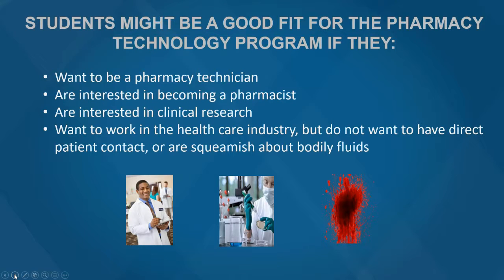So students might be a good fit for the pharmacy technology program if they would like to be a pharmacy technician, of course, if they are interested in becoming a pharmacist, are interested in clinical research, want to work in the healthcare industry but do not want to have direct patient contact, or are squeamish about bodily fluids. So I say that pharmacy is the clean side of healthcare. You do not have to deal with blood or bodily fluids. You don't have to necessarily touch the patients, but you still get to interact with patients and be involved in